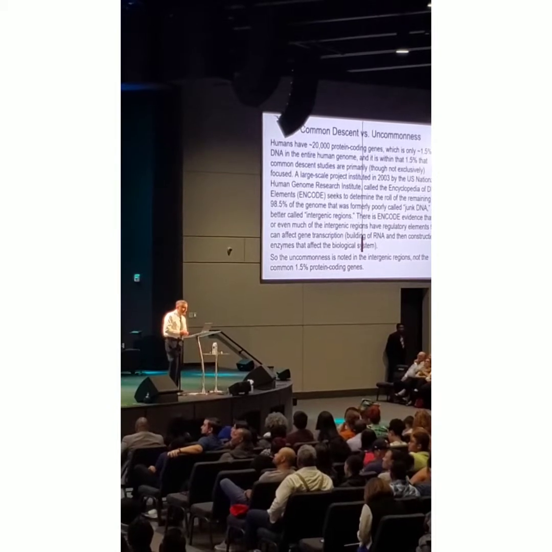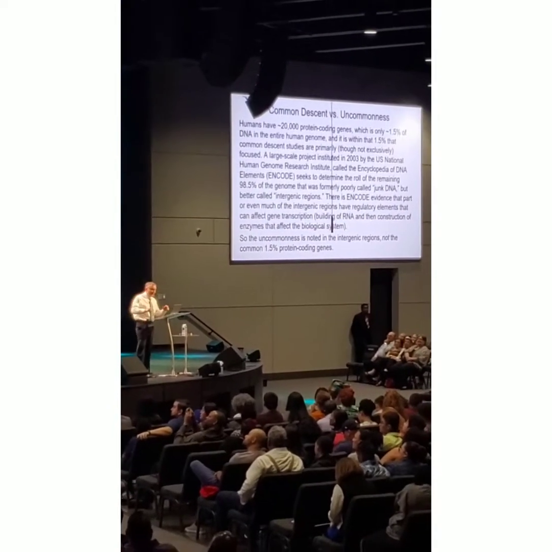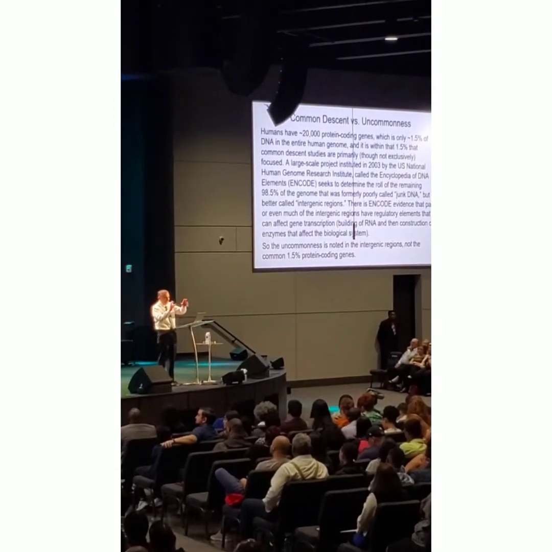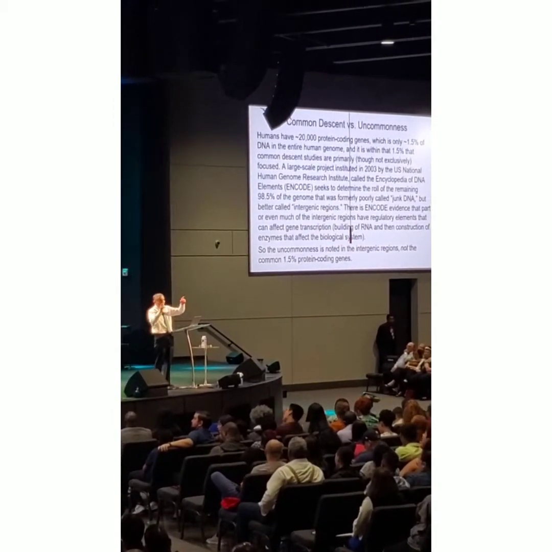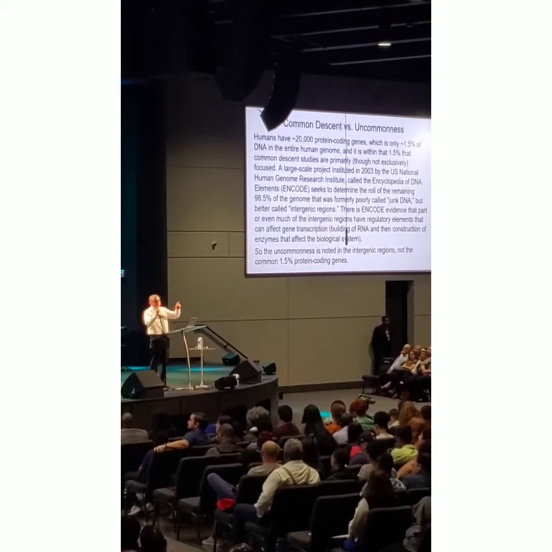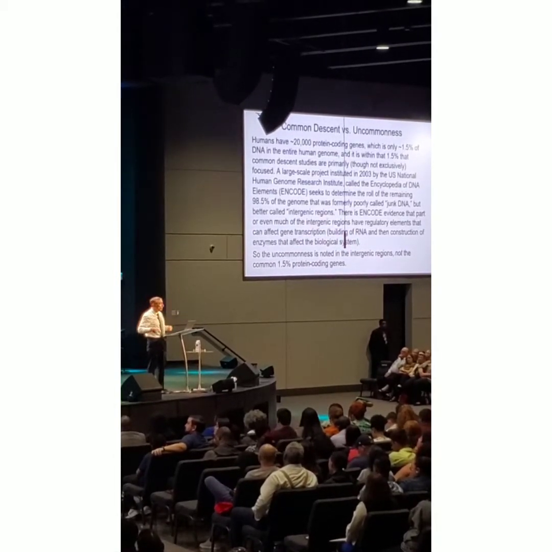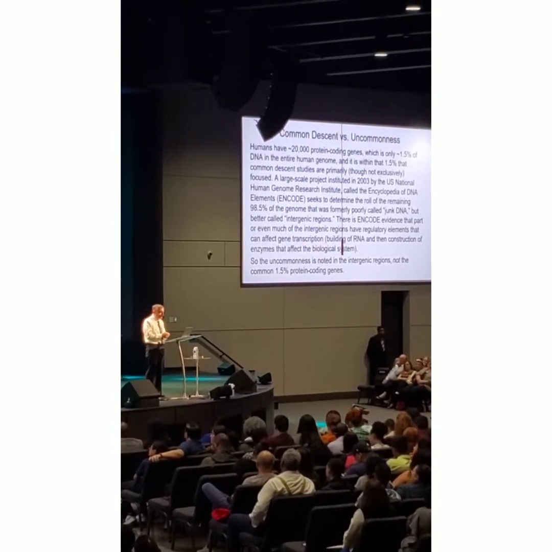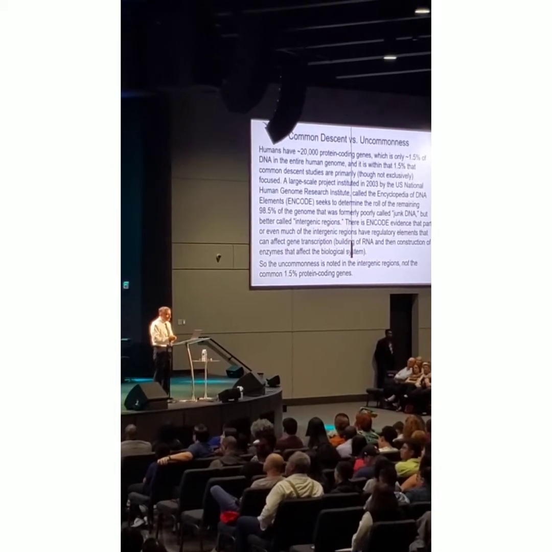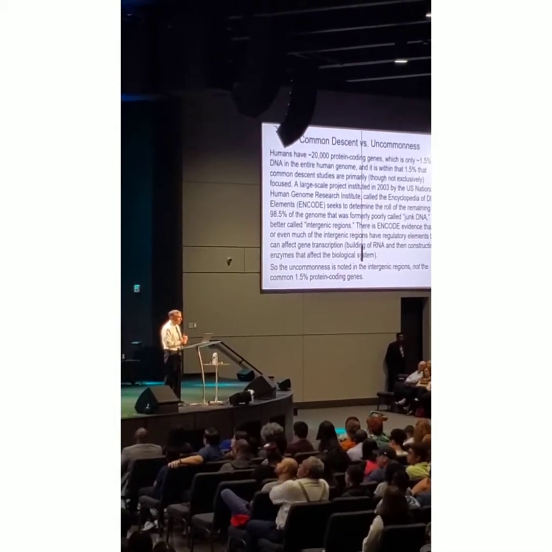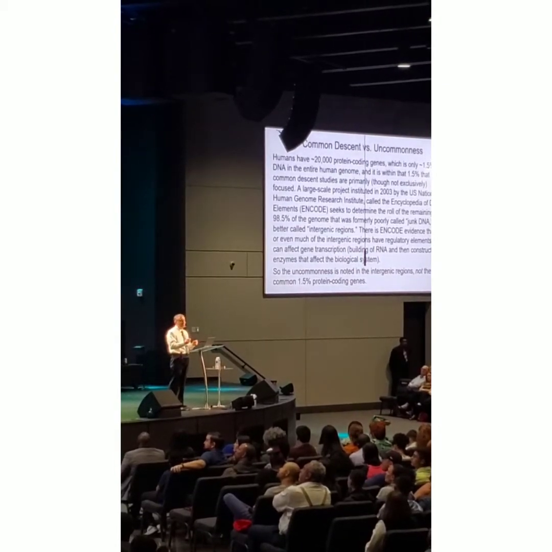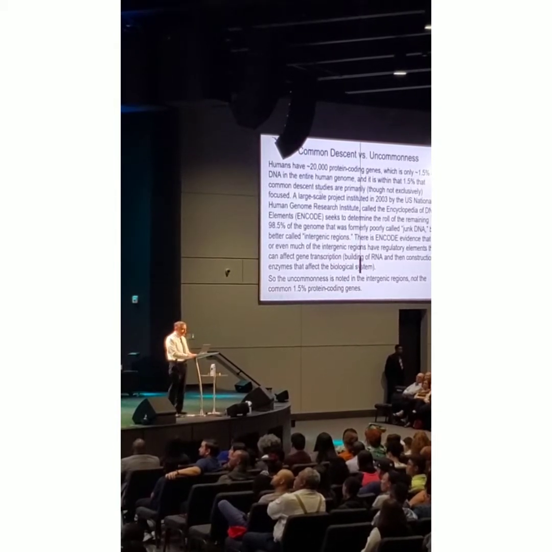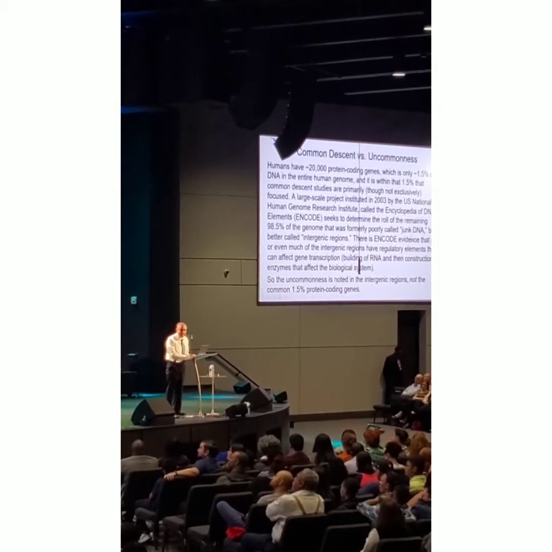Humans have about 20,000 protein coding genes. What does that mean? In your DNA, there are segments that code for proteins, that are the template for proteins to be built via RNA. Once the protein is built, that then constructs our bodies. It's really amazing. These little nanomachines build us. There are 20,000 protein coding genes, but they are on only 1.5% of the DNA in our genome. The other 98.5% was formerly called junk DNA.